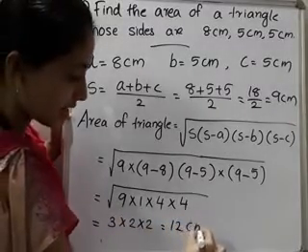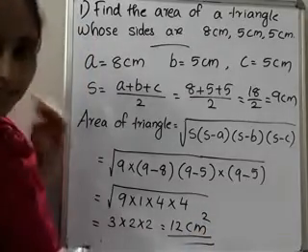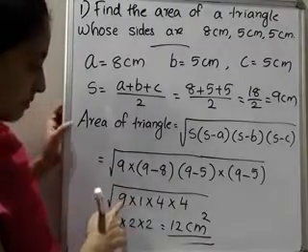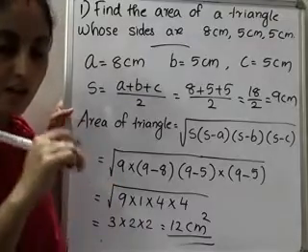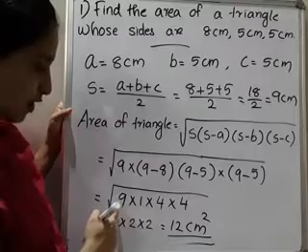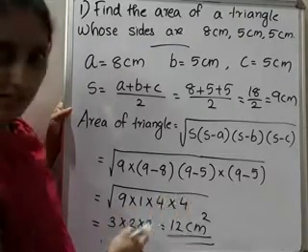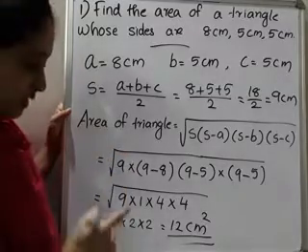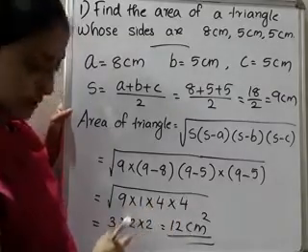Area unit is centimeter square. 12 centimeter square. Okay. So listen here please. Here root of A into B, you already studied in the first step. Is it? Root AB is equal to what? Root A into root B. So root of 9 into 1, 9 into 1 is 9. So 9 into 4 into 4 is equal to what? Root 9 into root 4 into root 4. Root 9 is what? 3. Root 4 is what? 2. Root 4 is what? 2.